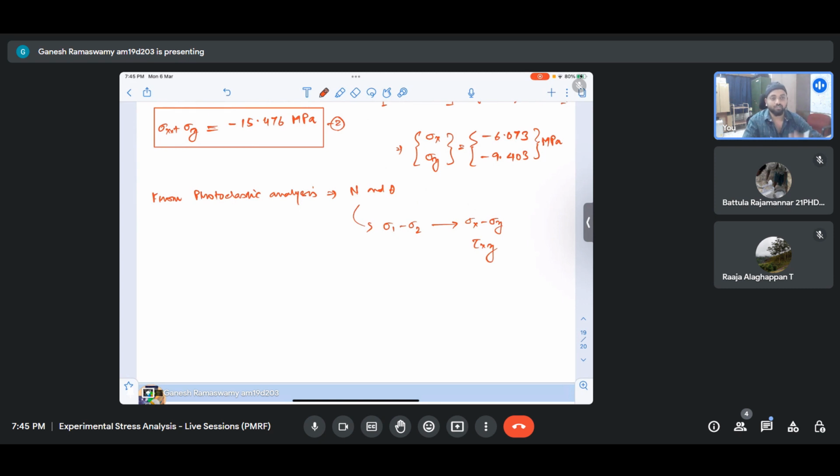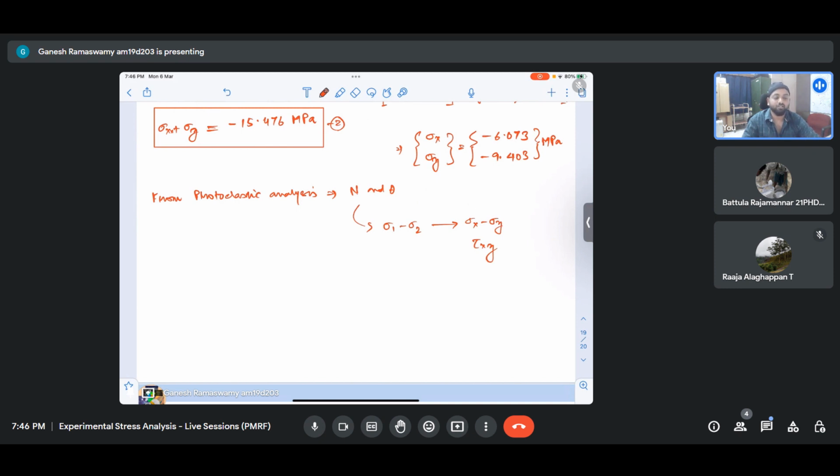For that I should go for some method which gives me the sum, essentially by invoking our plane stress condition. The out of plane strain can be related once we know the material properties. So if I get the out of plane displacement, I can get the out of plane strain. Out of plane displacement I measured using an extensometer and I got the total measure to be 6.01. So instead of using an extensometer, if I go for optical techniques,